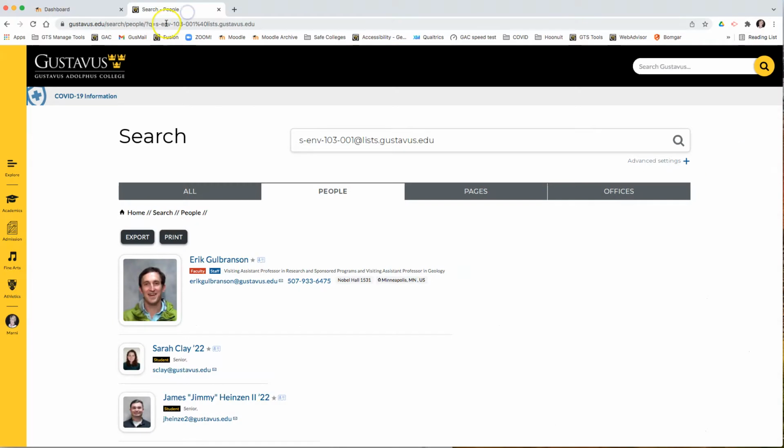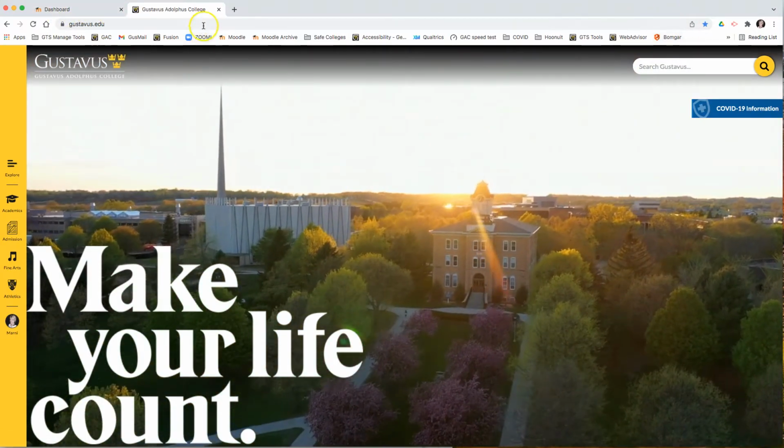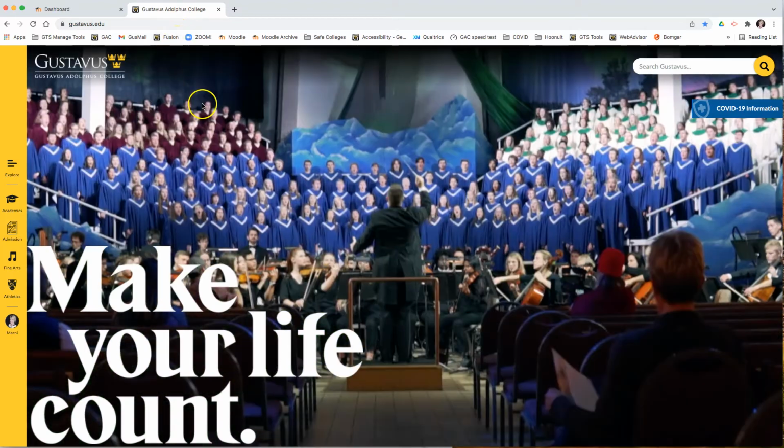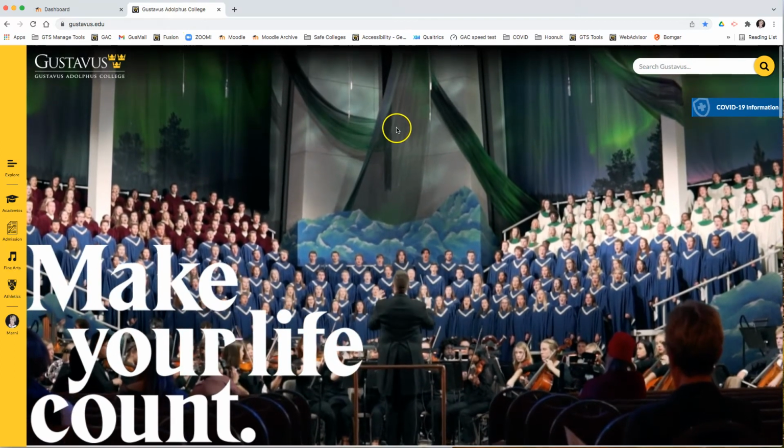And when you choose to record just a browser tab, it's going to do just the browser tab you're on. So it will not pick up anything in the background. So just the tab that you're on. So let's say that I'd like to talk about the Gus Davis new website in a video. What I do is I make sure I have my tab open and I have it where I want to